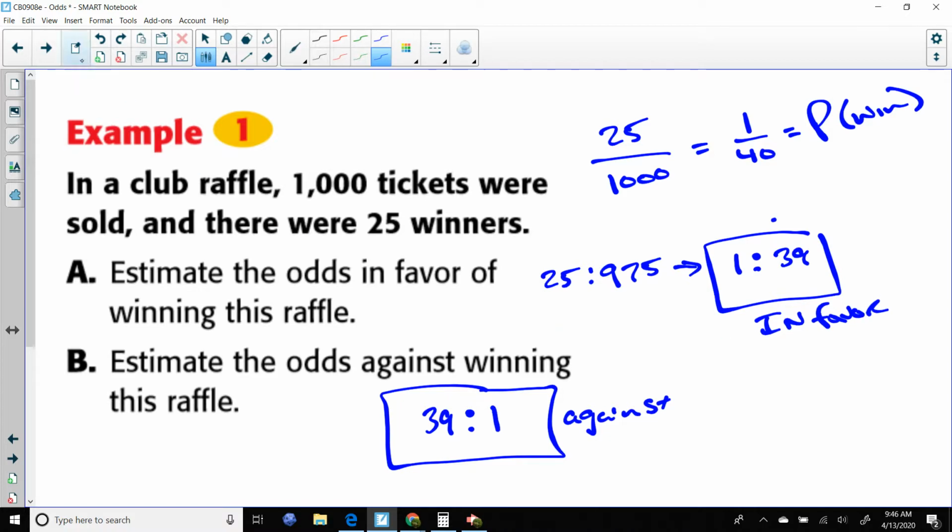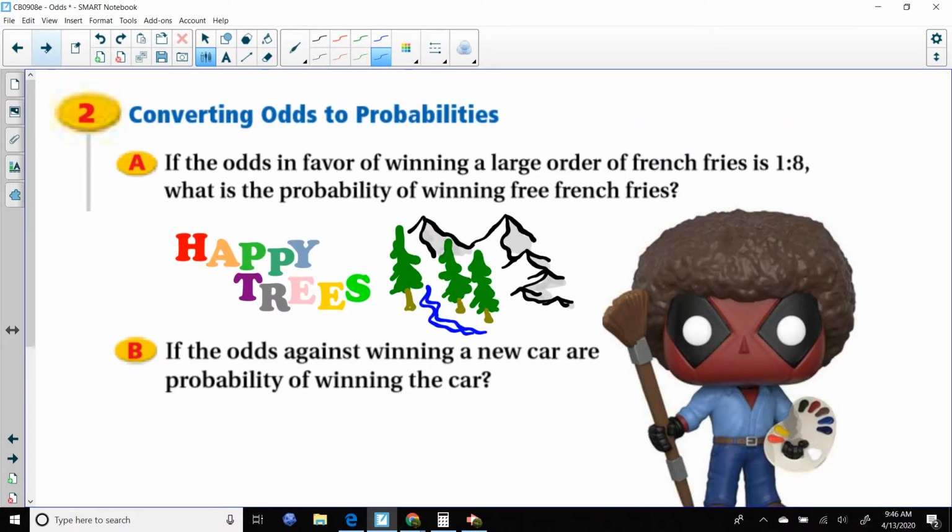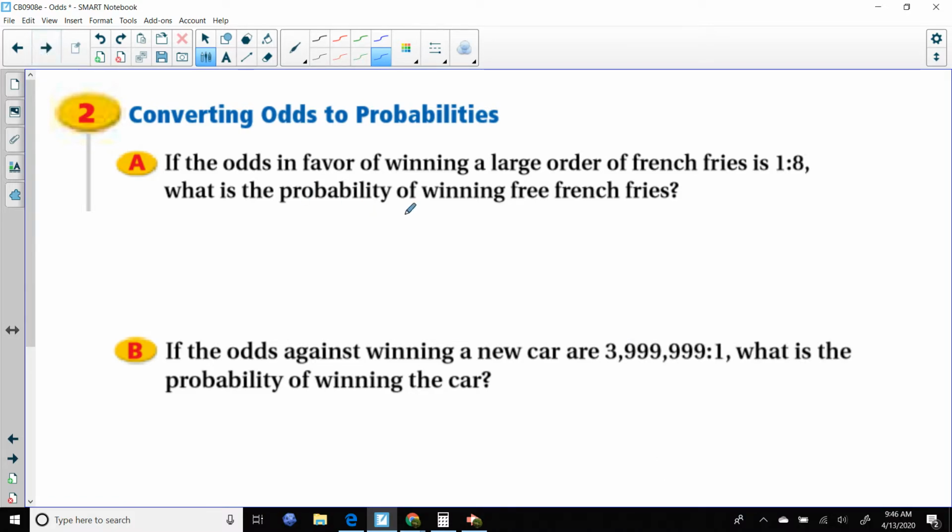All right. Let's go ahead and move on to the next one. Now what we're going to do is convert odds to probabilities. So when we do these, we start with the odds, 1 to 8, and they want to know what the probability is going to be. So the probability of winning some fries